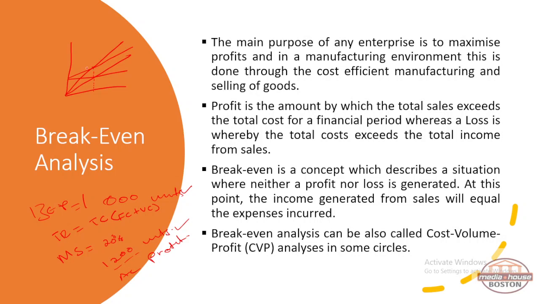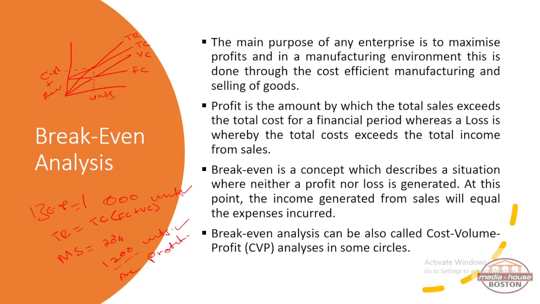So it will look something like this. So this will be units, this will be cost plus revenue. So under this point, our cost, under this point, this will actually be our total revenue. This will be our total cost, and this will be our variable cost, this will be our fixed cost. So fixed cost will remain constant all the time. Variable cost will start from zero because the moment you start producing product, we expect this cost to go